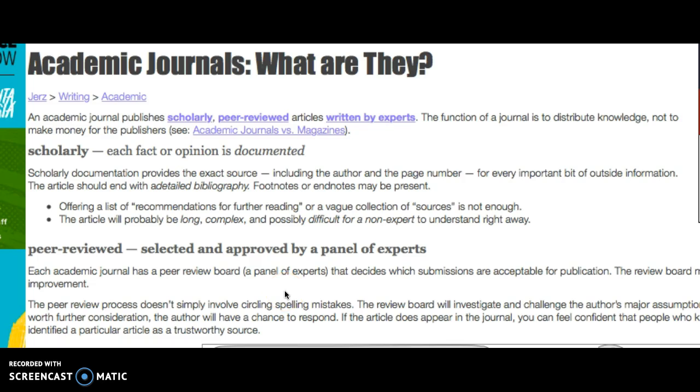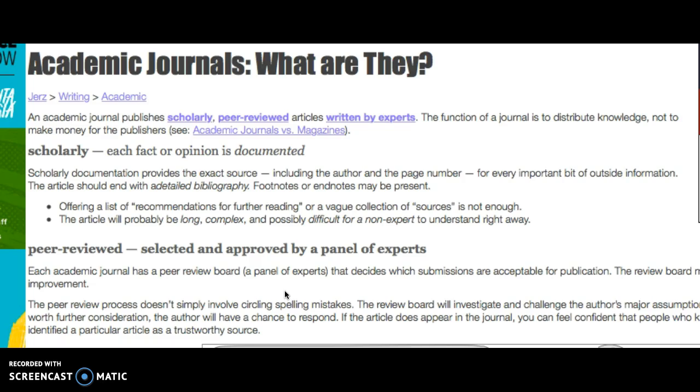I wanted to give you kind of an overview of what academic journals are because you probably had very little experience with these things. The difference between a journal and a magazine is in it to make money. When you open a magazine, you'll see advertisements and all kinds of different things. There can be opinion articles that are just complete rants about like whether this lipstick is better than that lipstick or whatever. I mean, it doesn't just have to be fashion magazines. There are actual magazines related to history and other things. But the purpose of a magazine is to make money. The purpose of an academic journal is not to make money. It's a way for scholars to have their research published.